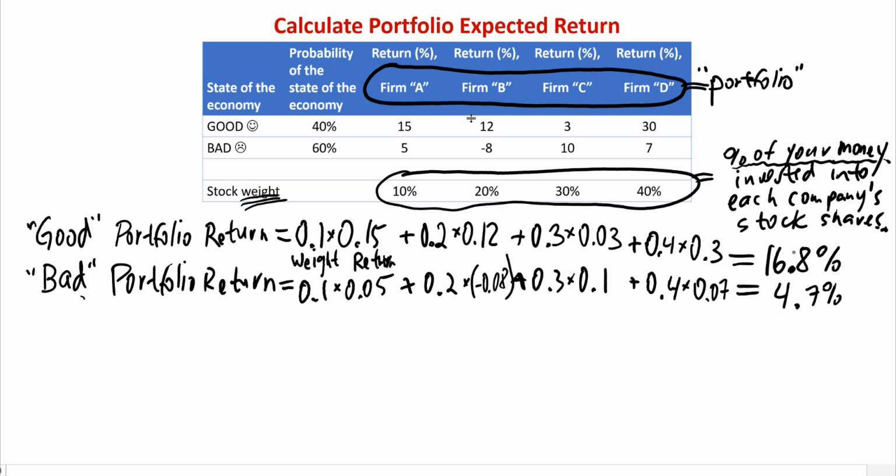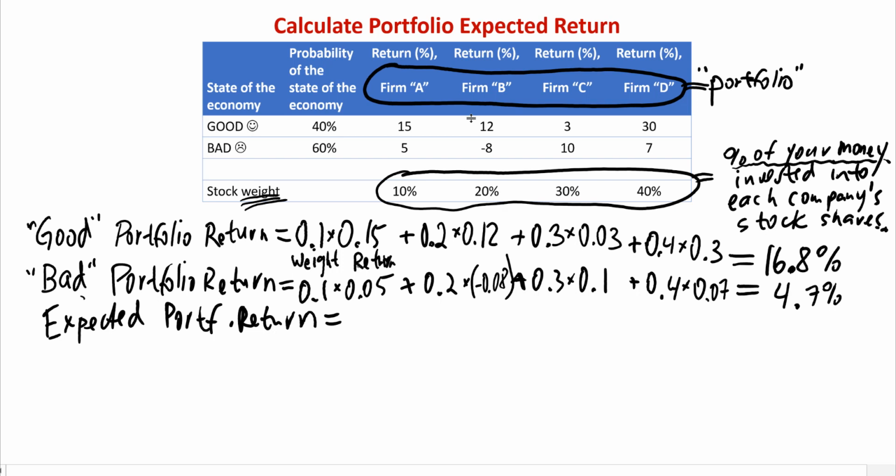But I'm writing the numbers in percent, to match sort of how the information was given to us for individual stocks. And then what do we do? Then you have one step left. So 16.8% return is for the good scenario, which will happen with a 40% probability. So now we can calculate expected portfolio return,